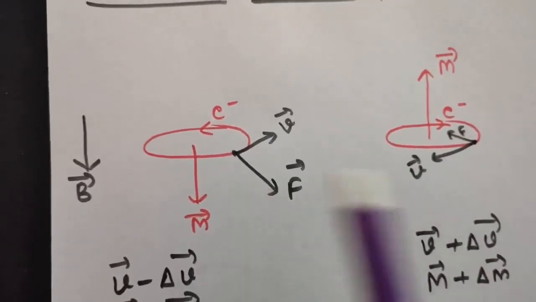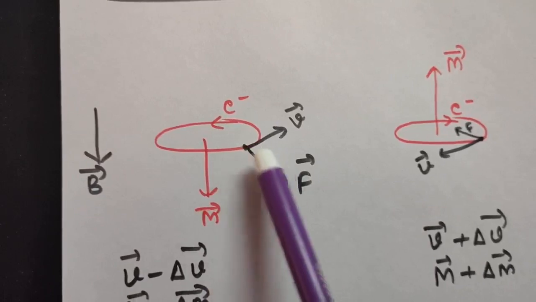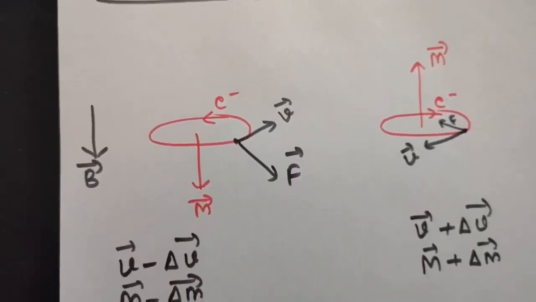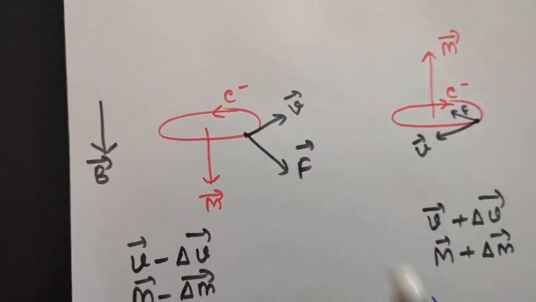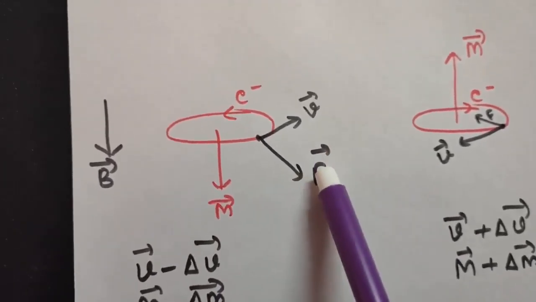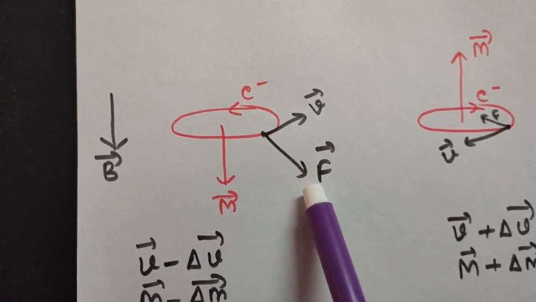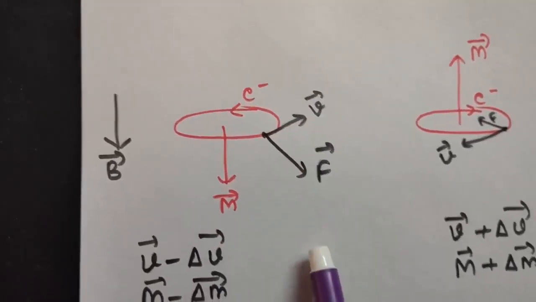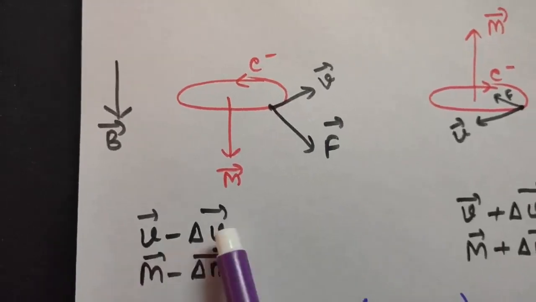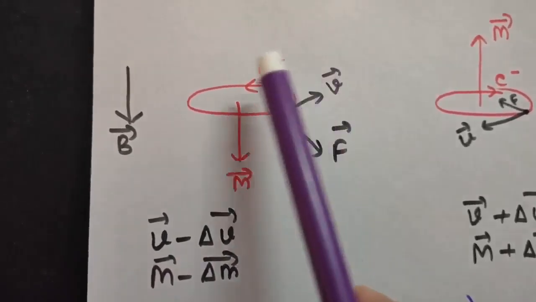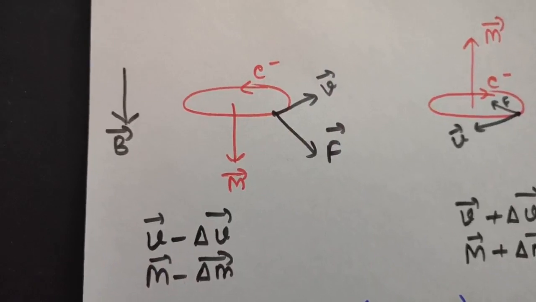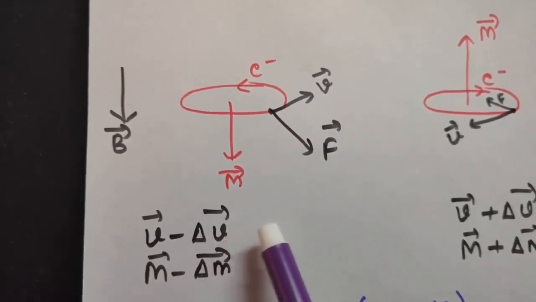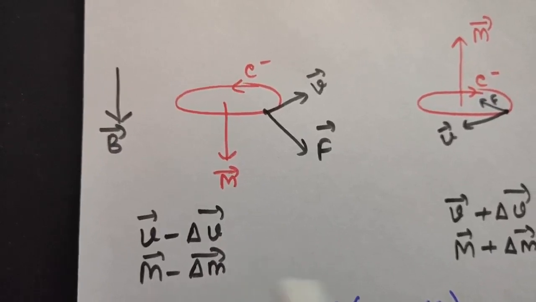Now in this case, see, this force is pointing in a direction opposite to the centripetal force, because centripetal force is directed towards the center. If this force is pointing opposite to the centripetal force, that means the velocity will decrease. Let us suppose this velocity decreases to v minus del v. And if velocity is decreasing, that means the magnetic moment will also decrease. So let us suppose that becomes m minus del m, due to the effect of velocity.